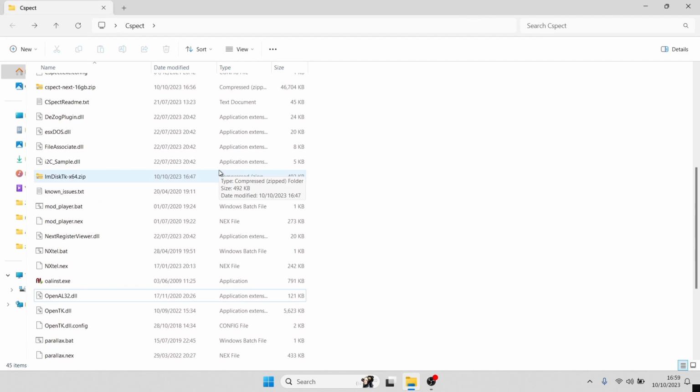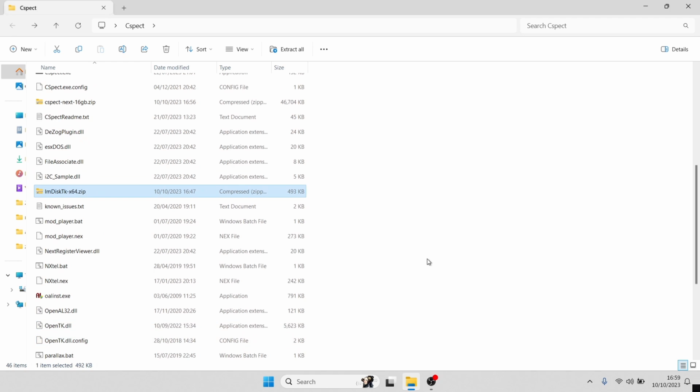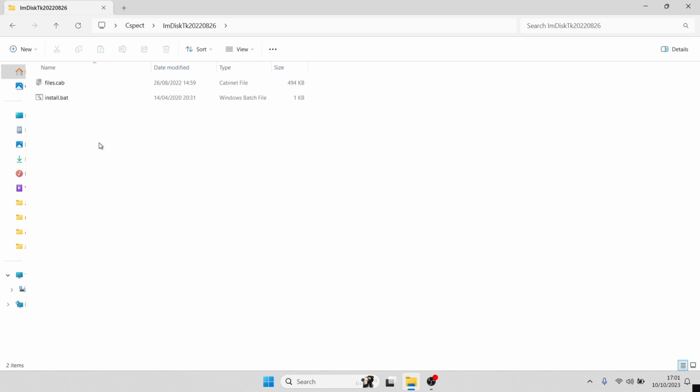And the next thing I'm going to extract is the IM disk just here. So again, I'm going to right click on this one and just unzip this one using WinRAR, extract here. And we can now delete this zip file of that disk tool, so just delete this one. Now the image you've just extracted, that tool image, it's just created a folder once we've extracted it, and here it is. So if we just go inside of here, next thing we're going to do is install this Windows